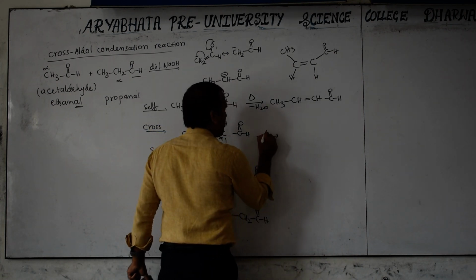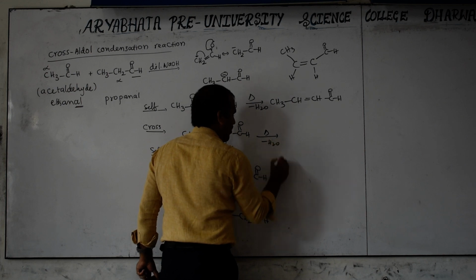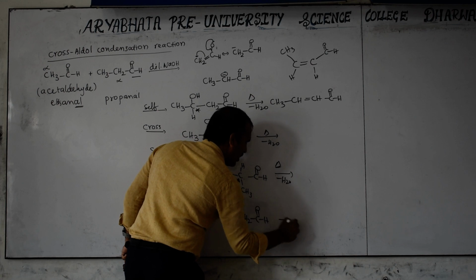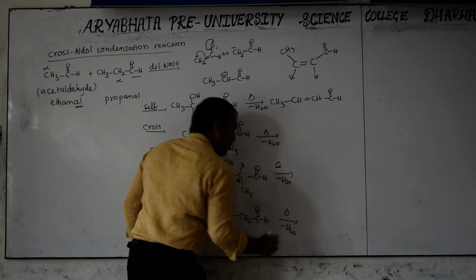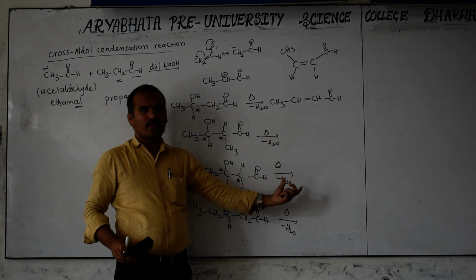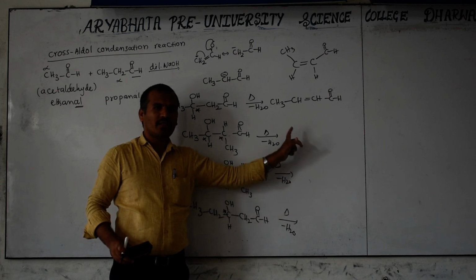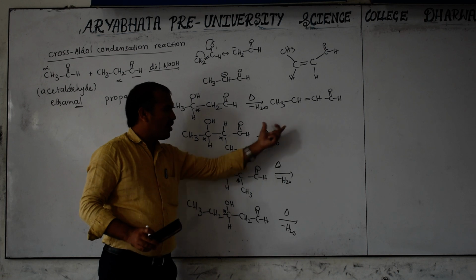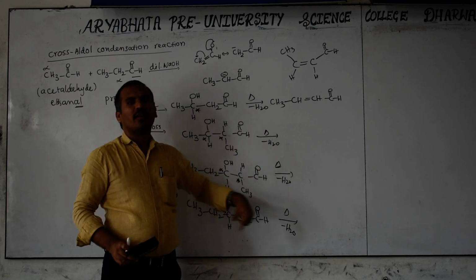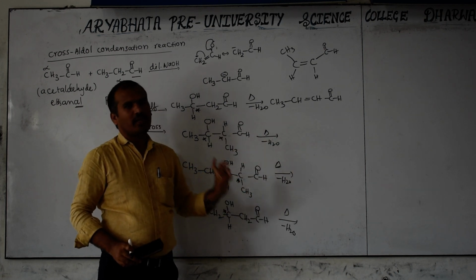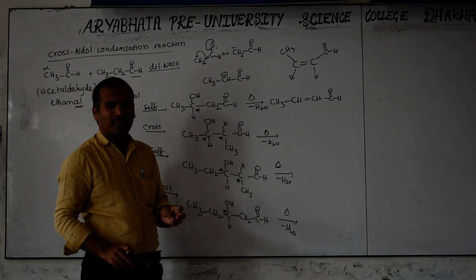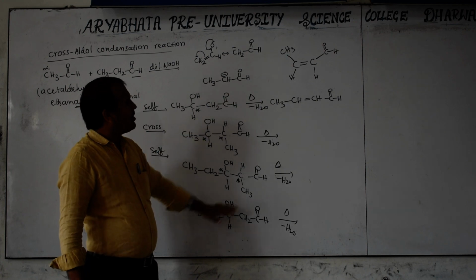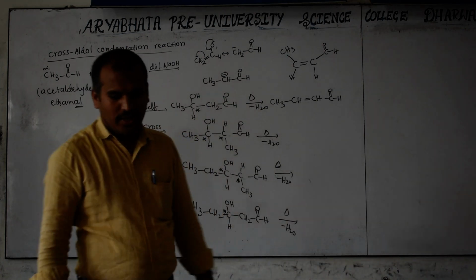Okay. So the remaining products you have to write. Always here water molecule loss, delta and minus H2O, and here delta minus H2O. You know that unsaturation is possible at alpha beta position. Already removed here, whatever you have, you just write the multiple bonded compound. This is the same. There also check whether EZ is possible or not. EZ means cis and trans. EZ nomenclature was already told at the initial part of this chapter. Okay. This is a cross aldol product.